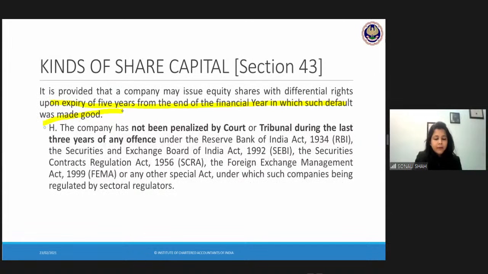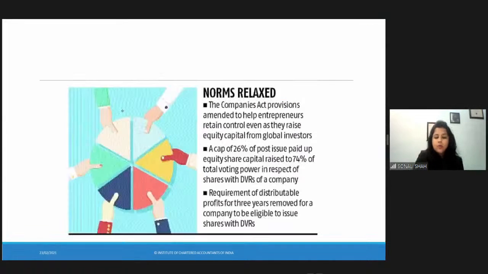So please come here. Further to this, when we talk about 3 years, we also talk about penalization. So for 3 years, companies should not have been penalized by court or tribunal under any offense of the RBI Act, SEBI Act, SCRA or FEMA Act. So these are the requirements that are to be fulfilled for a company to issue equity shares with differential